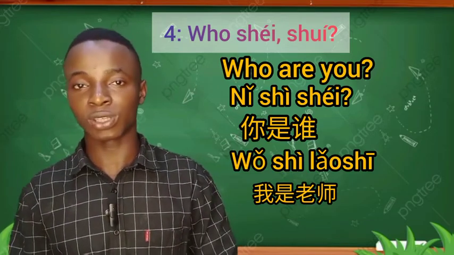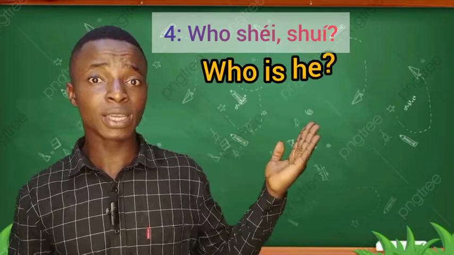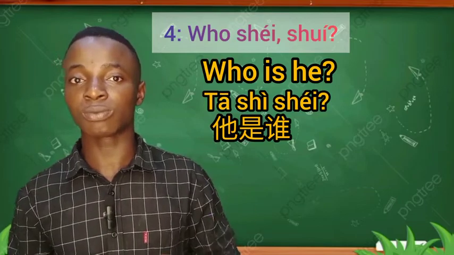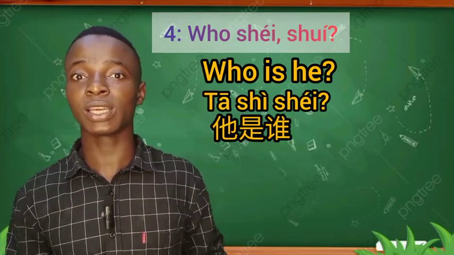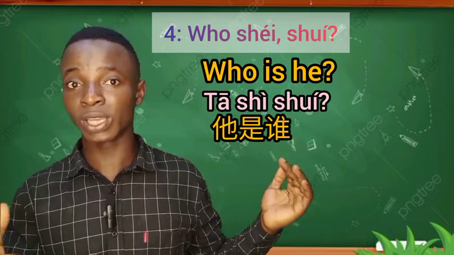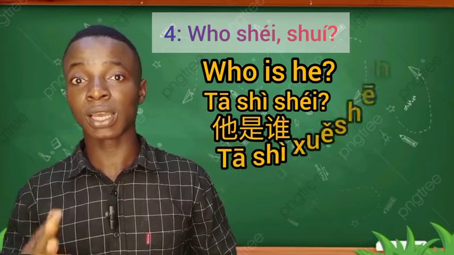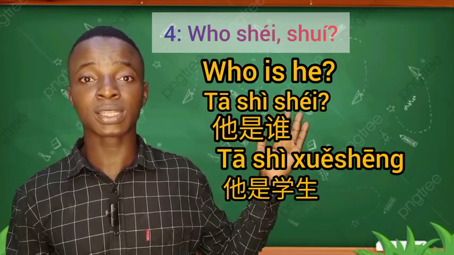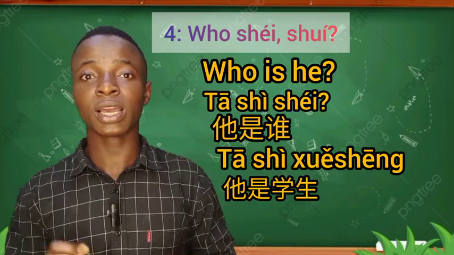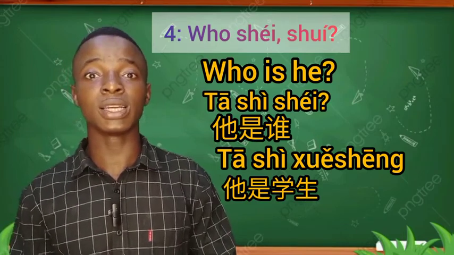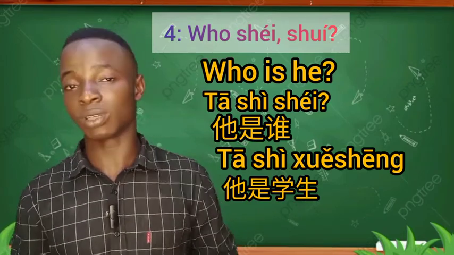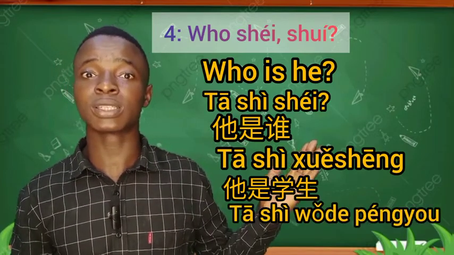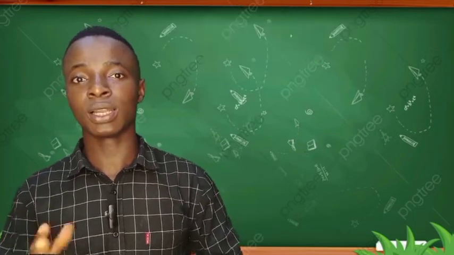Then another question is, we asked, who is he? Is also a commonly asked question. 他是谁? To respond to that, he's a student. 他是学生。He is a student. 学生 is a student. So he may be anybody. What if he's my friend? I will say, 他是我的朋友。